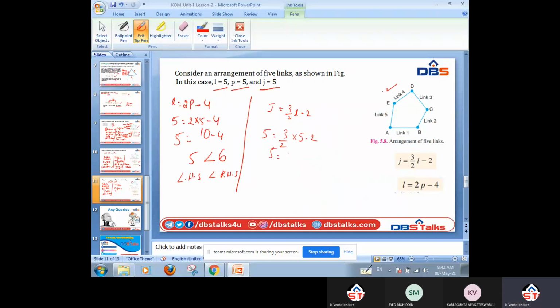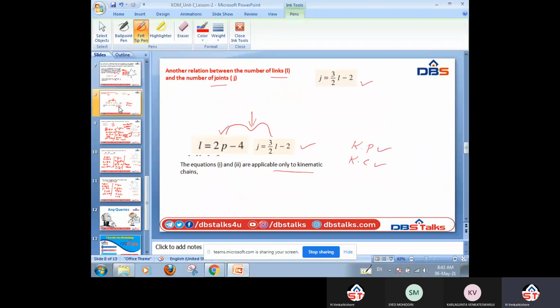Here, 5 is less than 5.5. This is not equal, so LHS is less than RHS. So here it is the condition. Previously here,